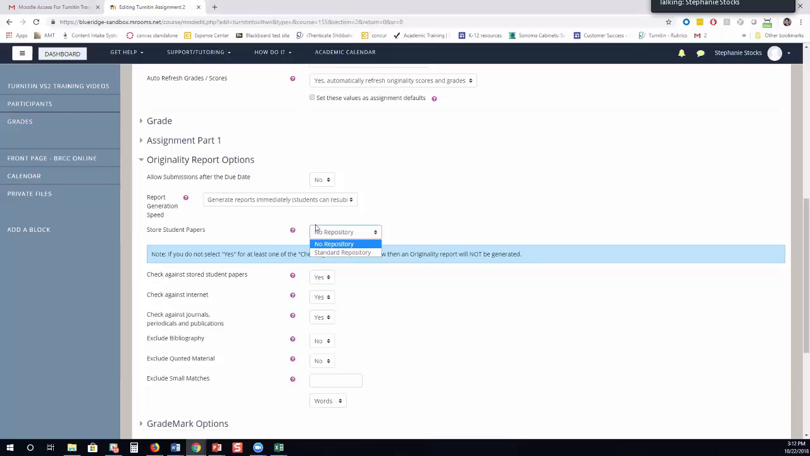I can choose to store the submitted papers in the standard paper repository or not. And there may be times when I don't want to store the papers in the repository. So if I did not make this a two-part assignment for rough draft and final draft, and instead I made the rough draft one assignment and the final draft another, I may not want to store